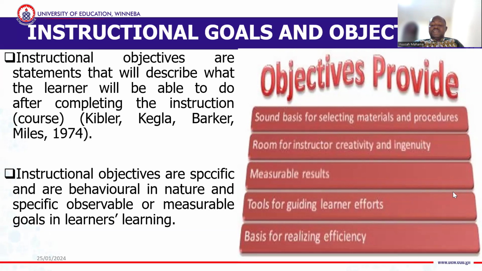And when instructional objectives are stated, they should be measurable or observable. When we say measurable, they should be made in a way that we can see the end. And again, they should be made in a way that the layperson will understand what exactly you intend doing. Vague instructional objectives will never lead you anywhere as an instructor.